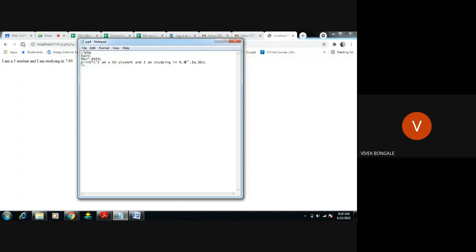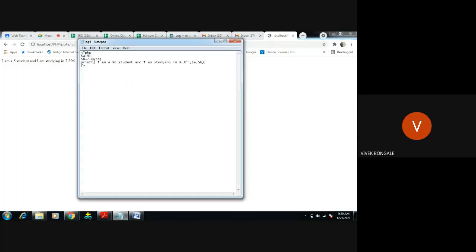Save. You can see 8956 is there, so it rounded off the value and got 896. So this is where we can use the printf function rather than the echo function, where we have to use the format specifiers to display integers rather than only strings.